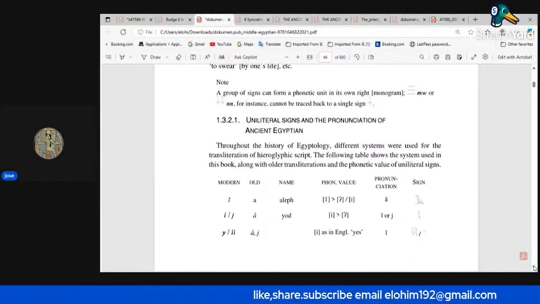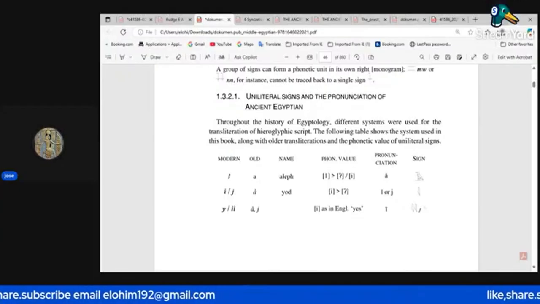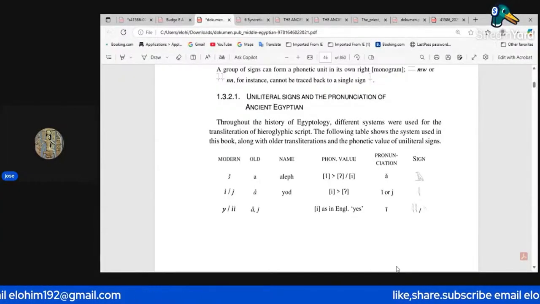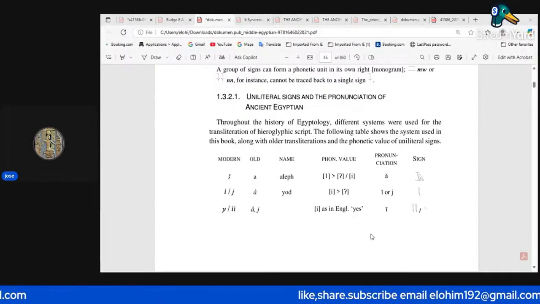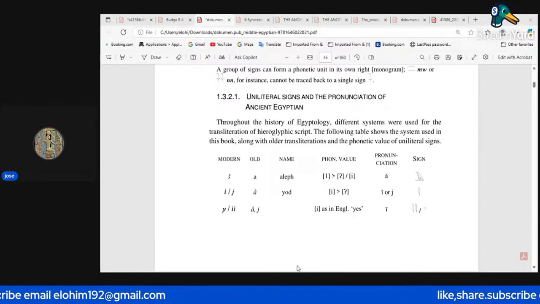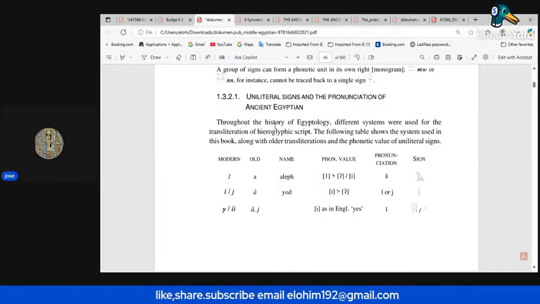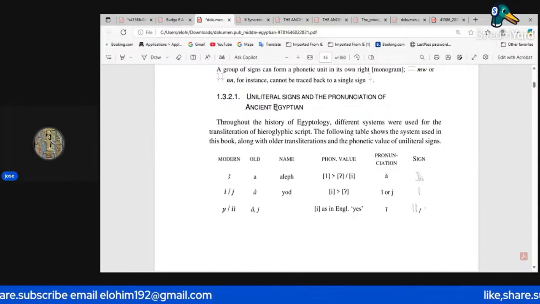Unilateral signs and a pronunciation of ancient Egyptian, or the ancient Kemetic language, is what I'm going to say. Because we have to stop, in my view, we had to stop using Egyptian, because it's not that. There was no ancient Egypt at all. People come on a 22-minute mark. So let me finish this unilateral and pronunciation, and then we could